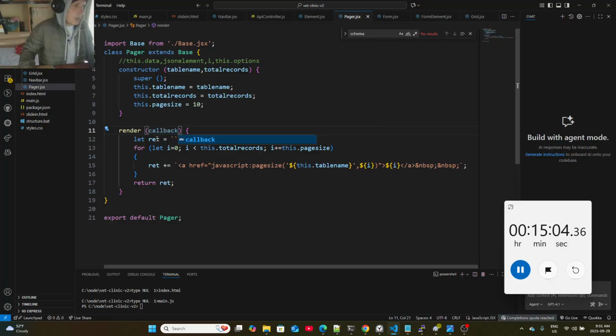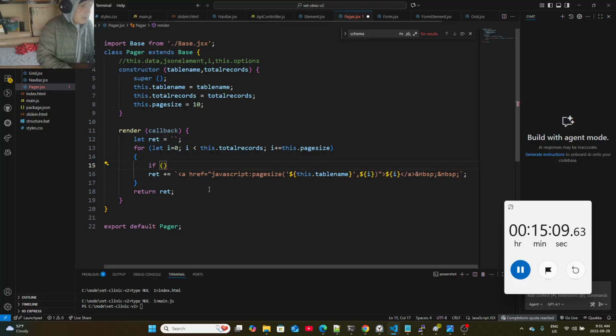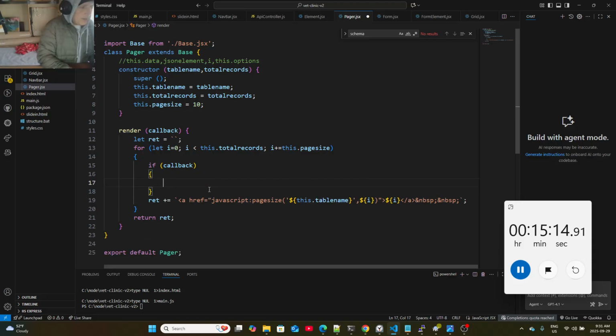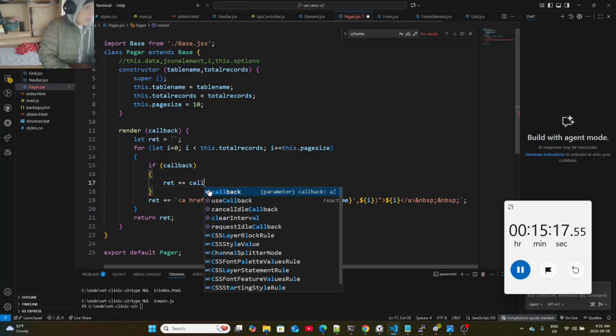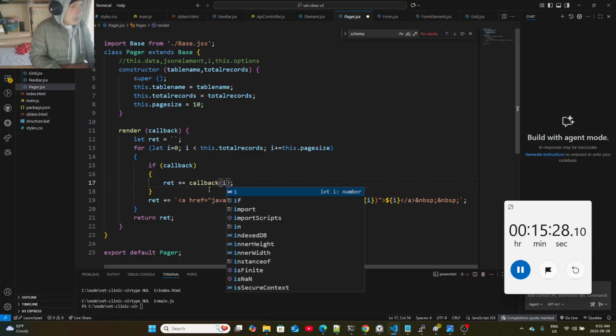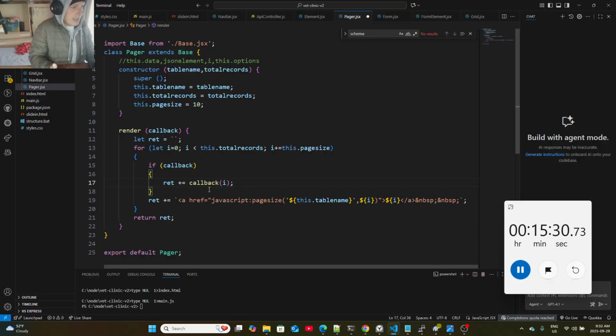And the way this works is, I could say, if callback exists, so if it's not null, then I could say ret plus equals callback, and here I could just pass in, I guess, the page that I'm on. You can pass in any data you want, and then I might do the table name as well. So those two things. Else,